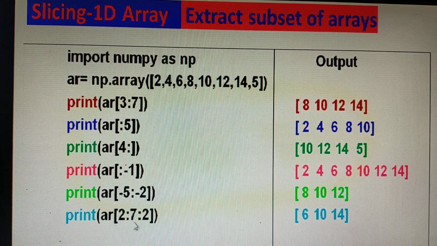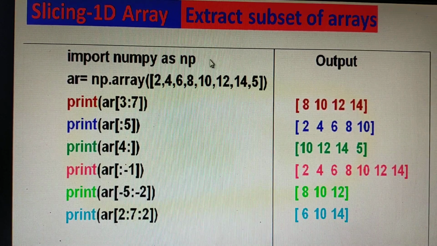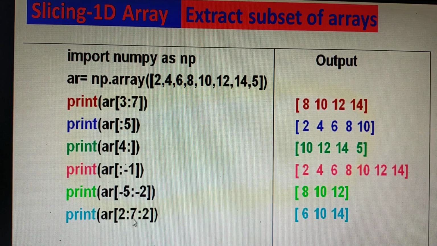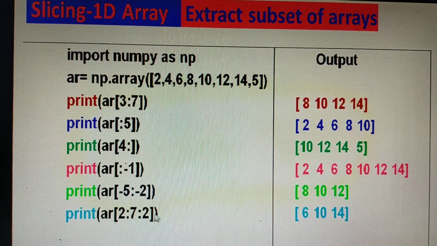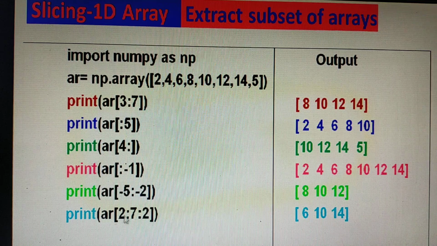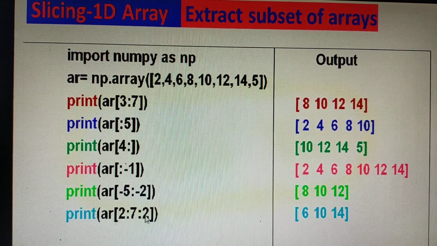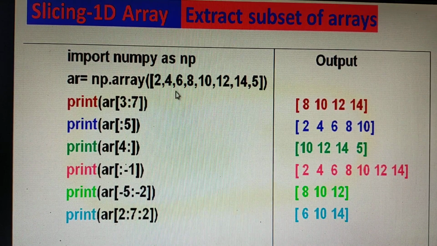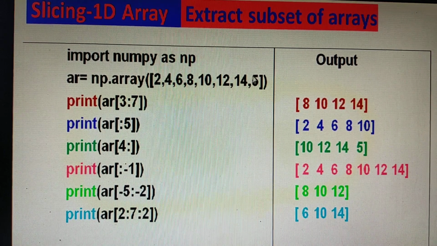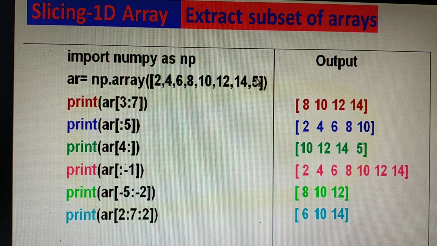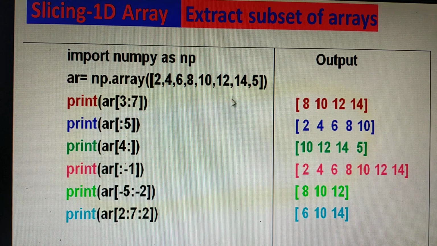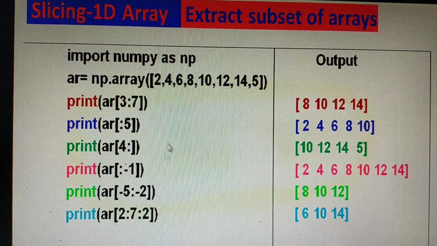Here it is 2 colon 7, meaning index 2 to 7, but it will display index 2 to 6 because 7 will be excluded. And colon 2 means a step of two: it will skip one and display the second one. So for 2 to 7, that is 6 to 14, with the seventh excluded, it takes every second step.